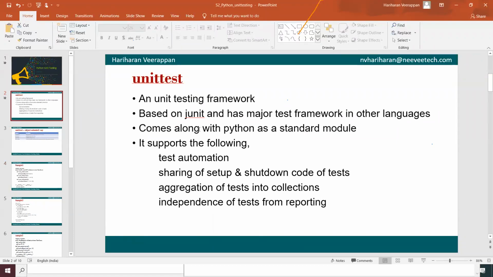We can use the Google Test source code to validate C and C++ applications as well. Okay, thank you.